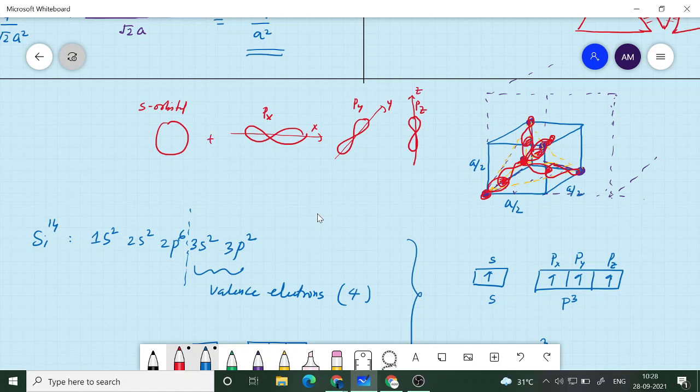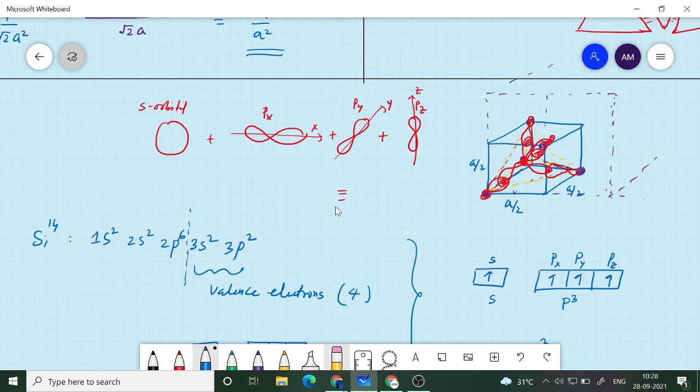But when you combine all of this, you will get something like this. After combining, you will get 4 orbitals. So one will look like this. Each will be looking in 4 different directions, which are neither x, y, nor z, so it will be in the direction of the tetrahedron corners. Okay, so that is how it will be.